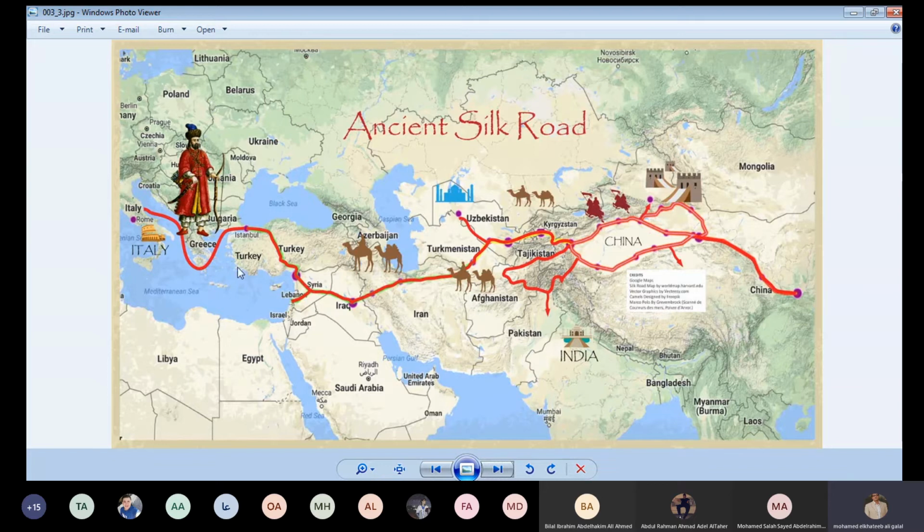Of course, Italy was rich. What about the other European nations? Of course, they want a piece of this cake. Why are we not rich? Because simply Italy is taking control of the Silk Road? No. Maybe one of you will simply say, why didn't the other European nations take the same Silk Road? Because they were bypassed by Italy. Maybe they don't want to think about that because they were bypassed by Italy.